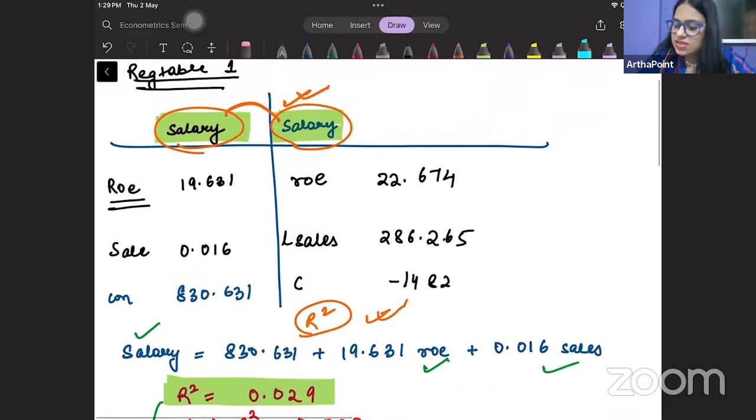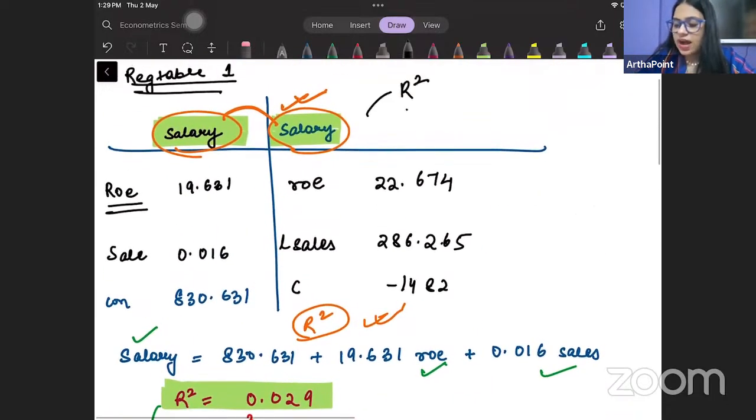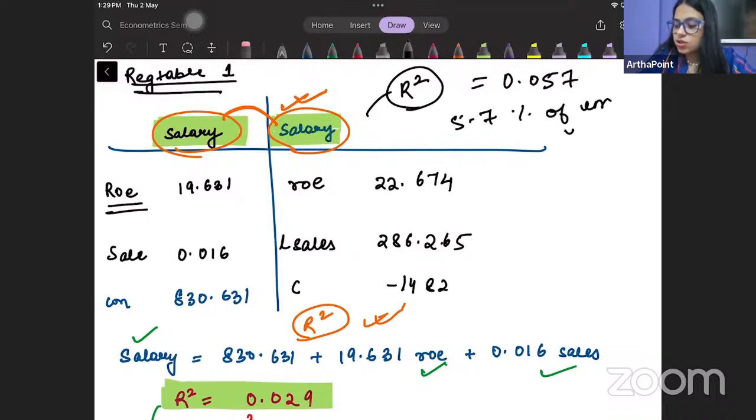अच्छा, बाकी things are same. If I have to interpret R square, so R square in this model is given as 0.057. So 5.7% of variation in your salary can be explained due to variation in log sales and ROE. Or adjusted R square takes into consideration degrees of freedom. Now let me go ahead and go through the third model that we had run, beta. So the third model, it was reg table 3, and